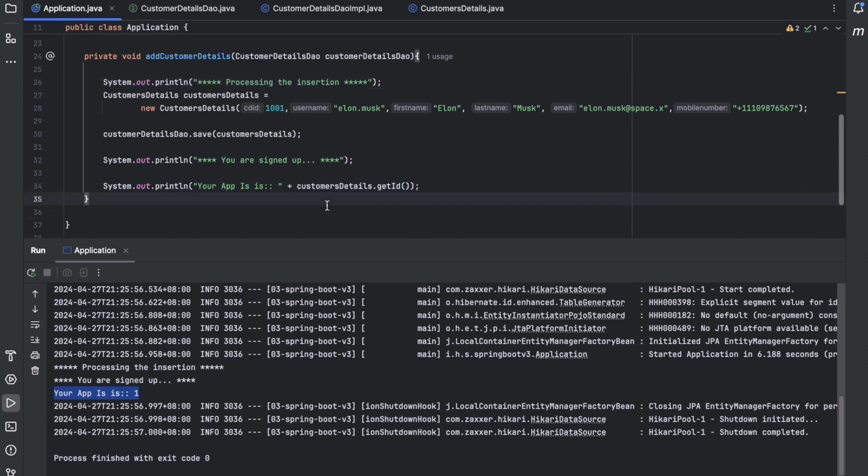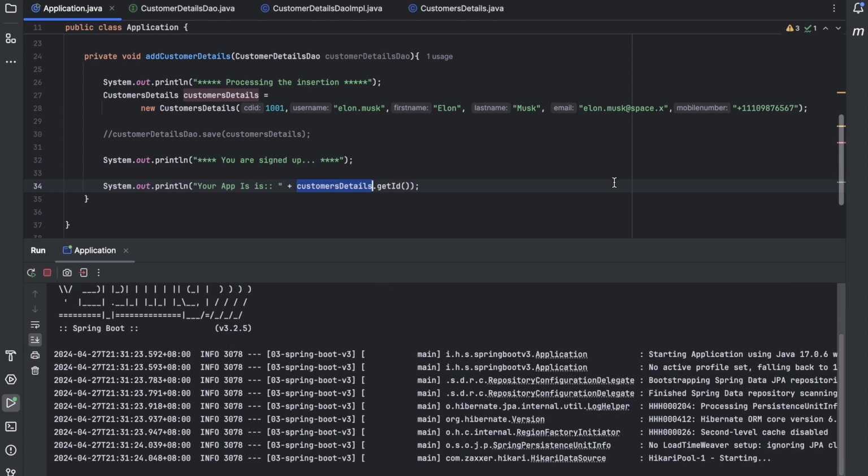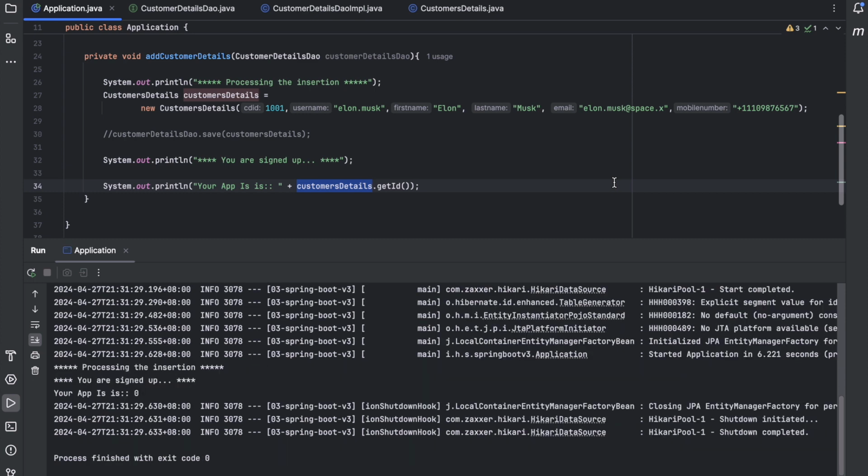Now let us do one more thing. I think if we just comment these two lines and see what will happen. We'll comment it and rerun it. You see that nothing has been fetched. My app ID is 0. Get ID is 0. So it is unable to get the ID